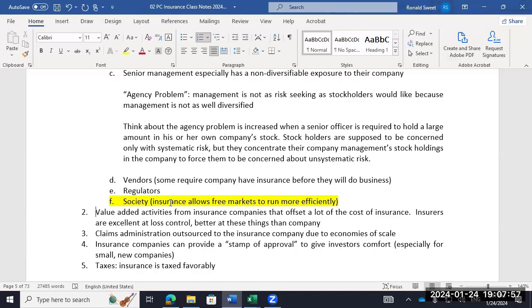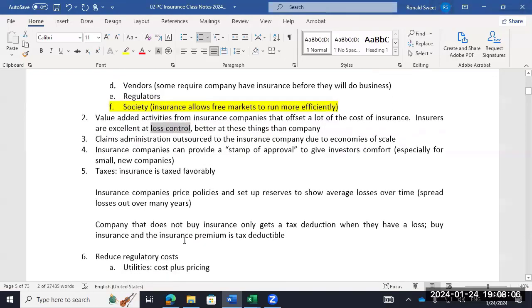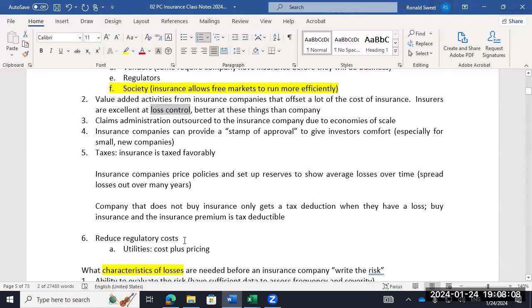Say, well, a rug costs $10. Yeah, spend the $10 and you'll reduce your cost. So insurance companies are very, very good at that. It's called loss control. They come in and they say, here's some things you can do to make your business much, much better. Claims administration, essentially, this is the outsourcing part of insurance.